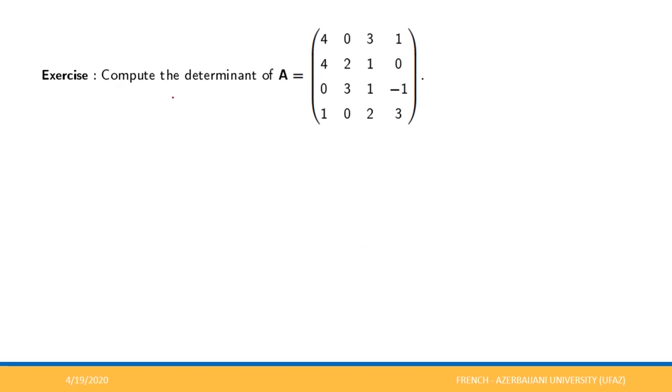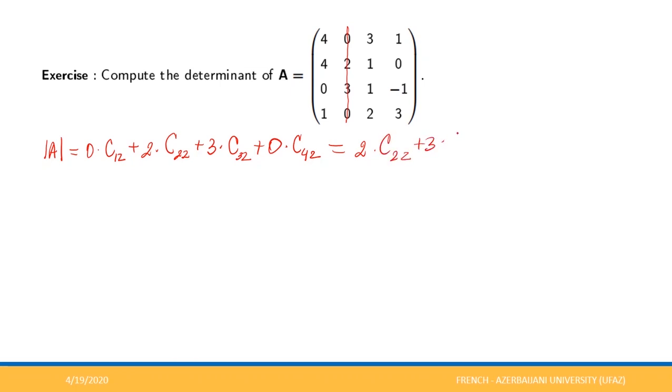Exercise. Calculate the determinant of A. In order to calculate the determinant of A, we will use the expansion formula for the column. We will fix the second column, because here there are two zeros. Then the determinant of A will be 0 times cofactor C12 plus 2 times the cofactor C22 plus 3 times the cofactor C32 plus 0 times C42. It will be, this one and this one will be 0. From here it will be 2 times C22 plus 3 times C32 is equal to